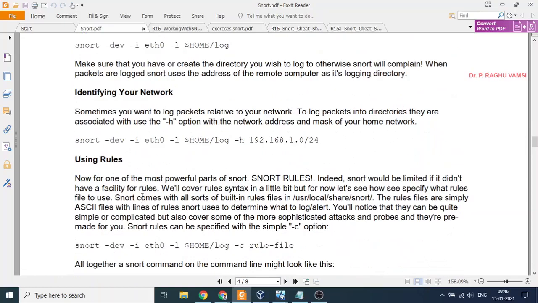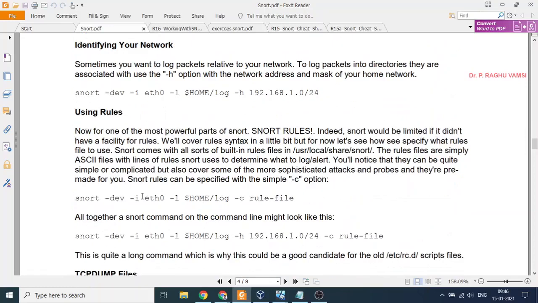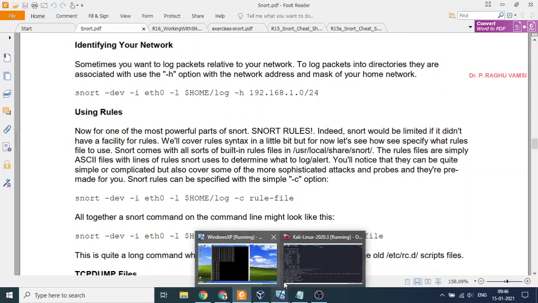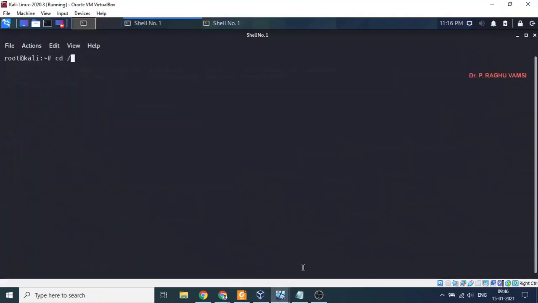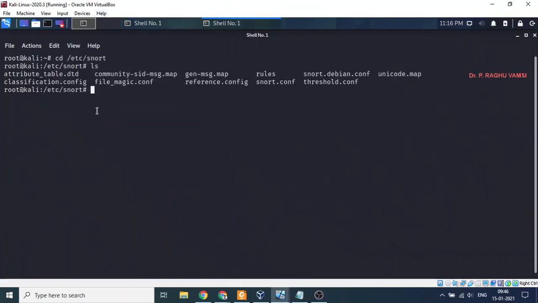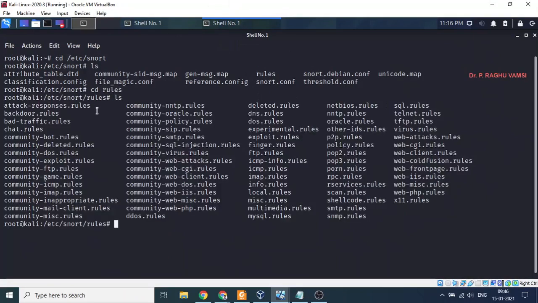Using rules, you can write your own rule and place it in the rules section. So cd /etc/snort, cd rules. Here local.rules will be there, where you can mention your rules.